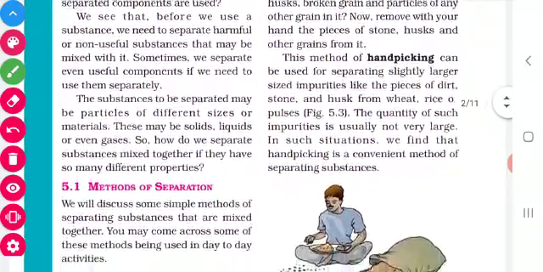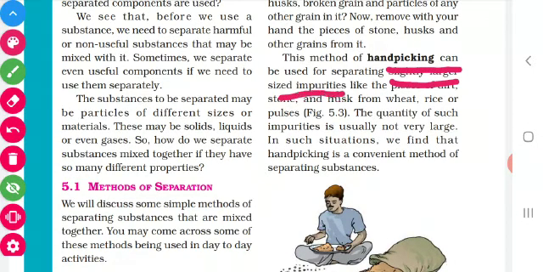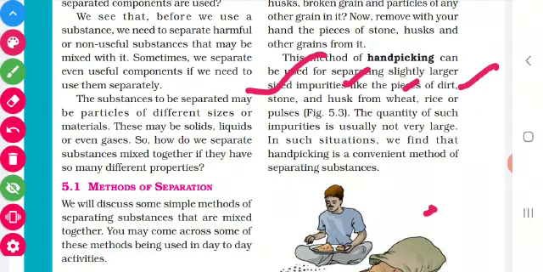Okay children, one more thing we have to follow here. This hand picking method is used for separating larger size impurities, like dirt, stone and husk from wheat or rice or pulses. Husk means the outer covering of the seed.